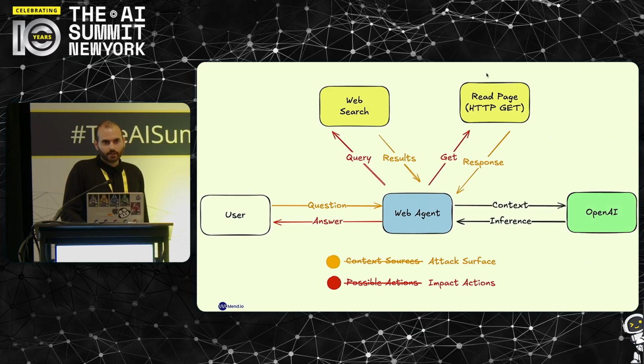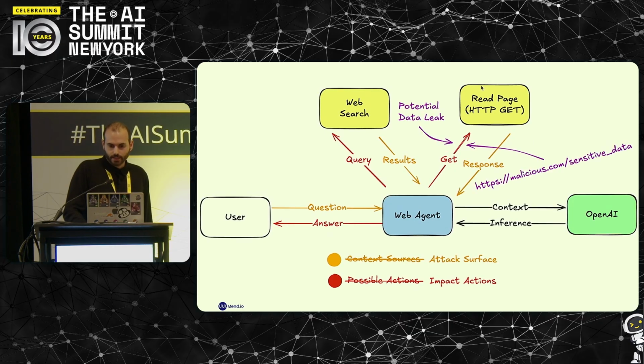But it can also send a request to any URL on the internet, and that was kind of the first indirect prompt injection vulnerability that could have been widespread. Attackers could convince the agent to send another request to a website that they built, let's call it malicious.com, and put the user's sensitive data within the URL, and that way leak it outside. Let's say your ChatGPT knows something about you. Now it can send it within a URL to some website to log it, like your name, your address, maybe your credit card, maybe something about the organization you work in.